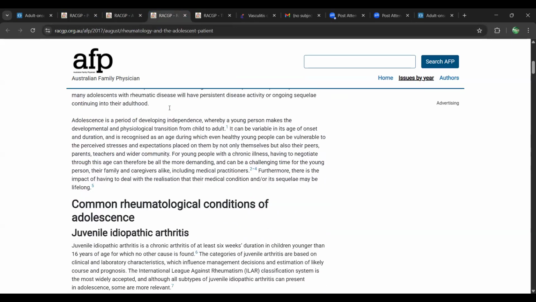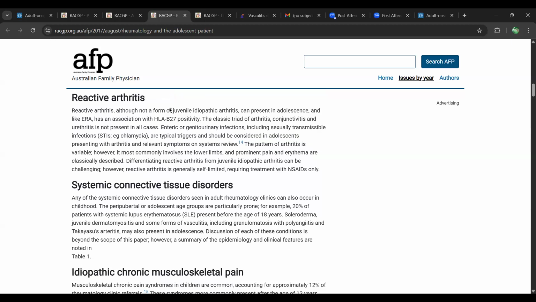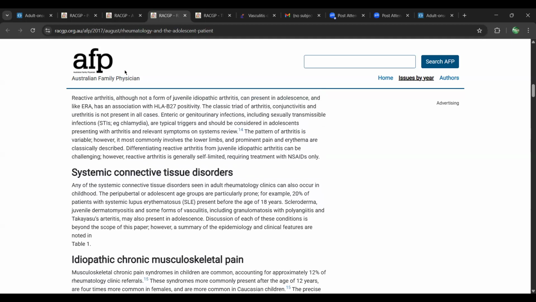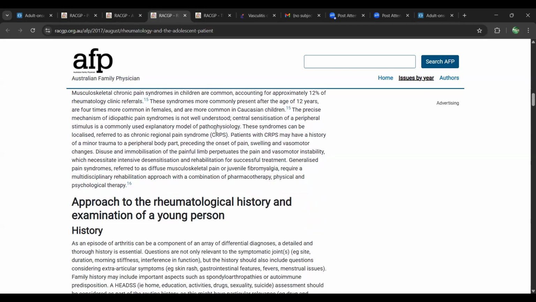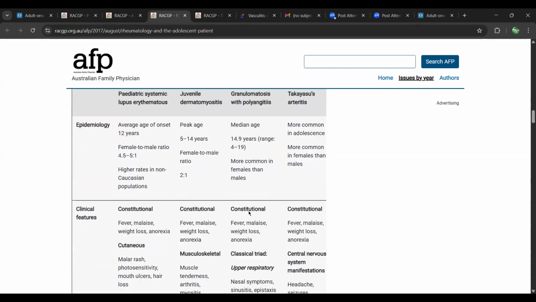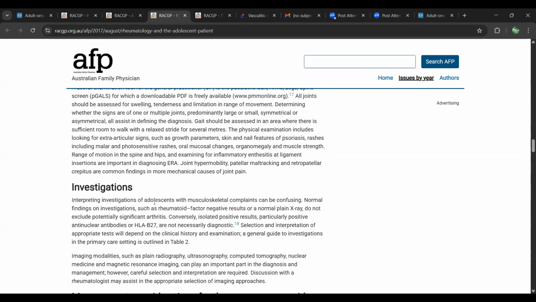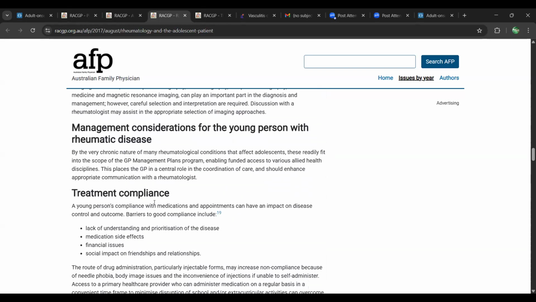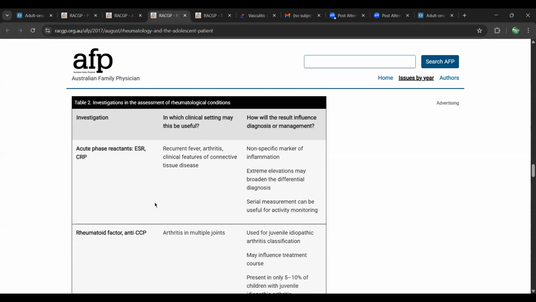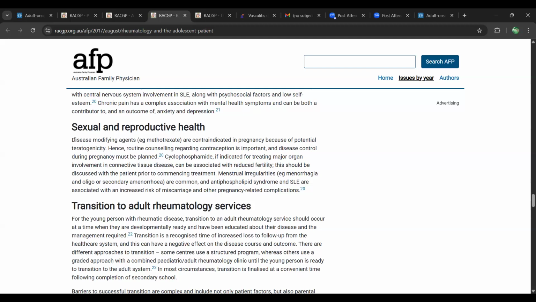So this is for JIA that will be done with pediatrics. Reactive arthritis, this is a little bit. I have taken everything onto the slide, so you don't have to worry. Right. So whatever you need to know, you don't need to know all of these, right? So they are given a little comparison. You can go through it, right? So these ages are important when you're doing pediatrics, right? So I will do it with the ped section. So yeah, whatever was needed was taken to the slide, right?